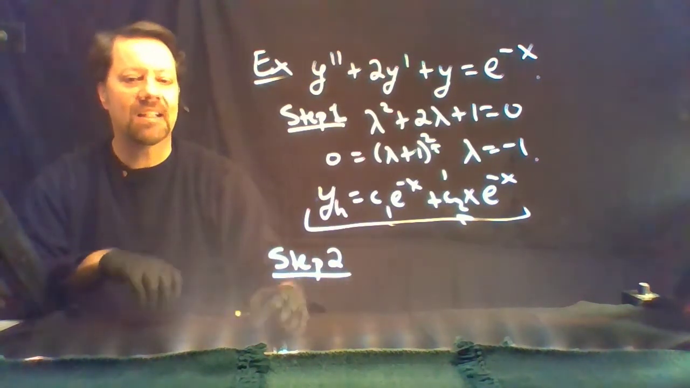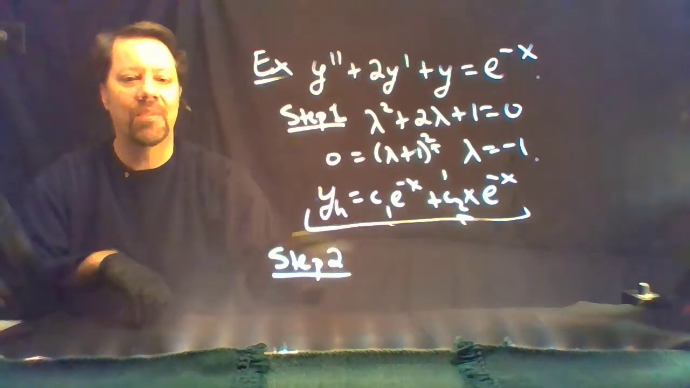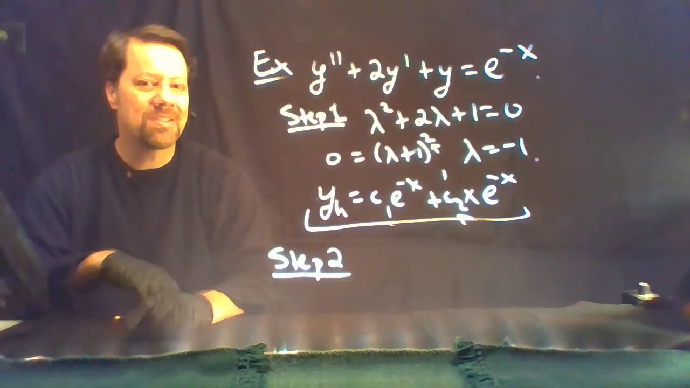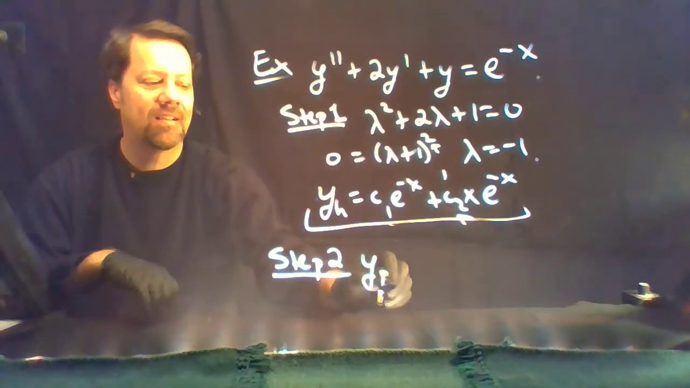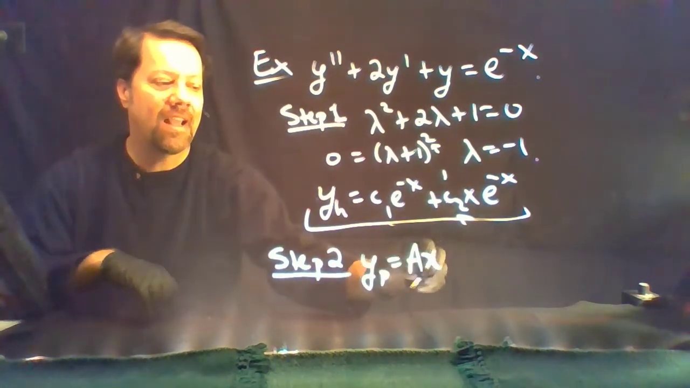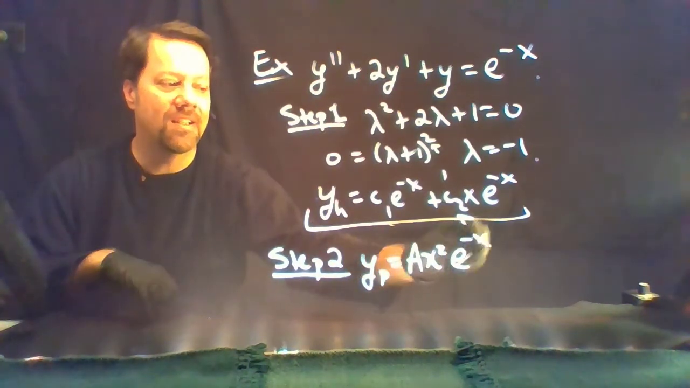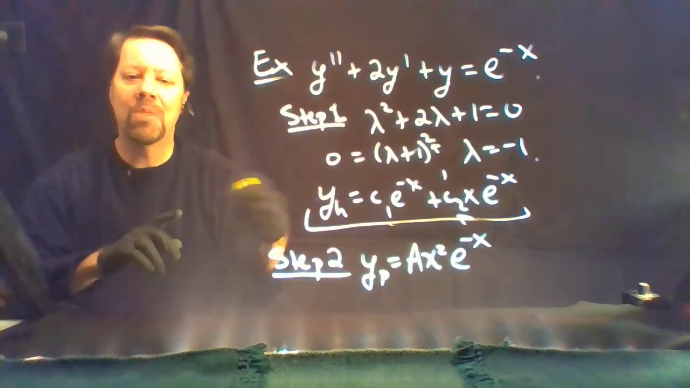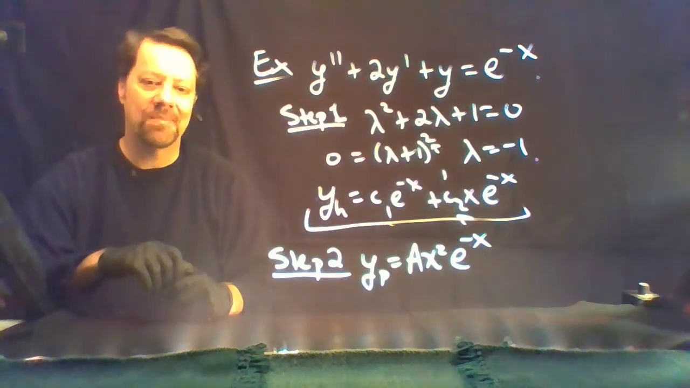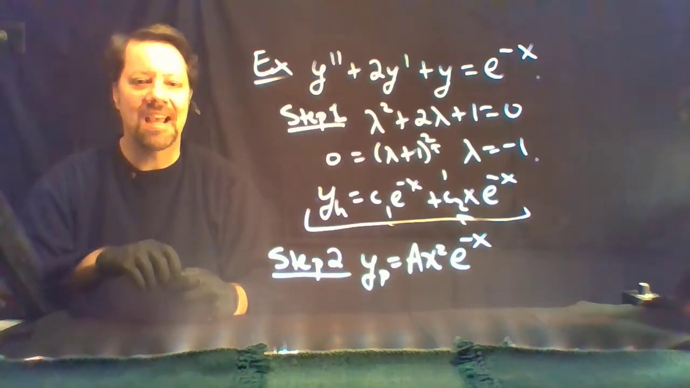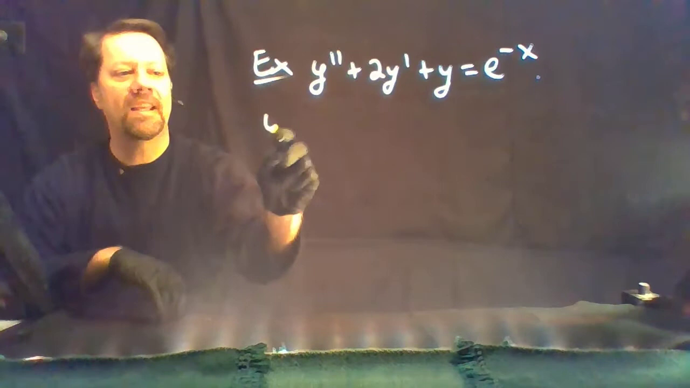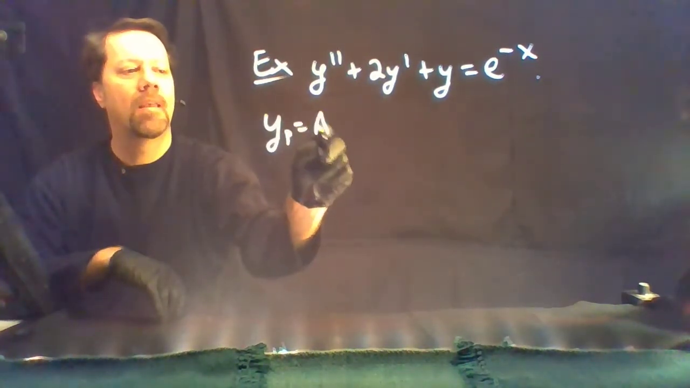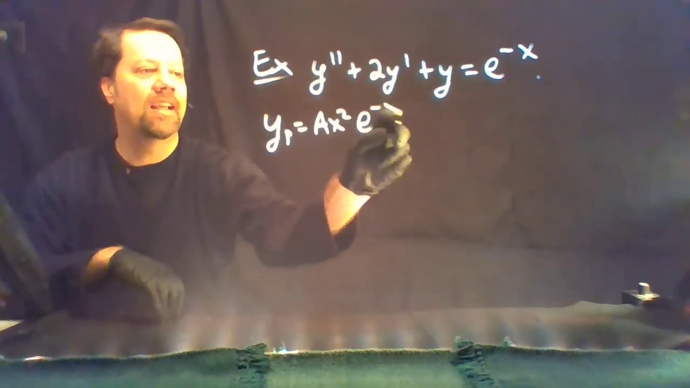You need something linearly independent from those two. What's a reasonable choice? How about a times x squared e to the negative x? Let's multiply by one more factor of x to generate something linearly independent. Let's see how that works out. If we make a guess, a x squared e to the negative x,